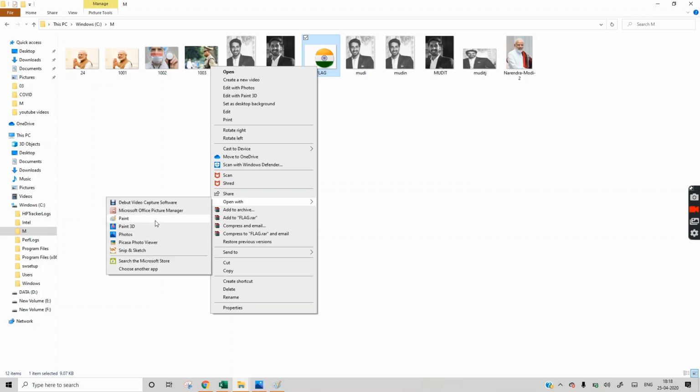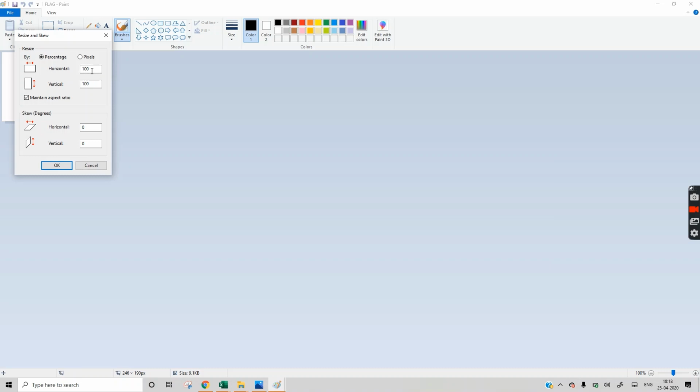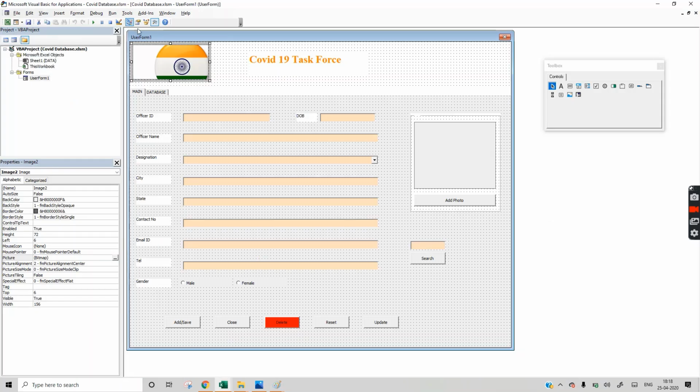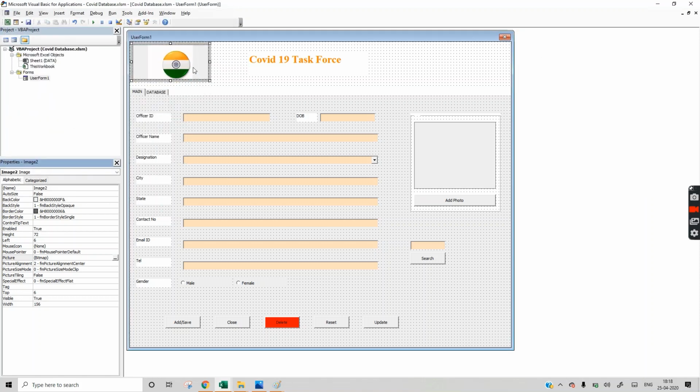Open with Paint. Resize it to 50 maybe. Okay, now it will be perfect.